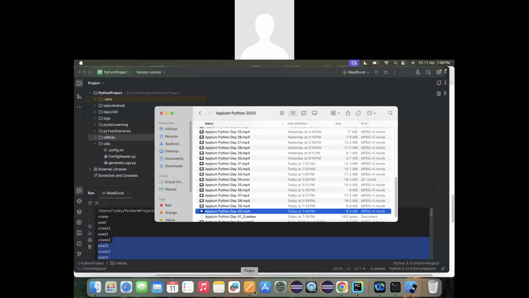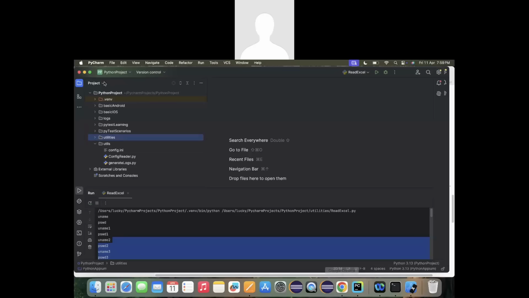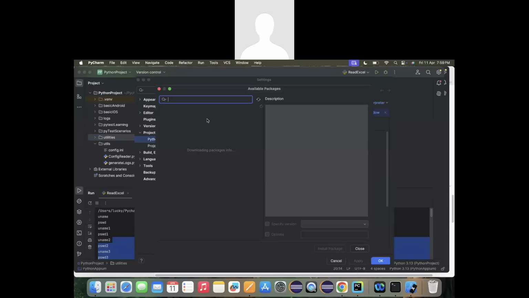So guys, as part of today's session, we are going to study how exactly we can read the data from an Excel file and how exactly we can write data into an Excel file. We are going to use a utility, which is a library, called OpenPyXL. So what I am doing is going to the PyCharm settings, and here I was searching for